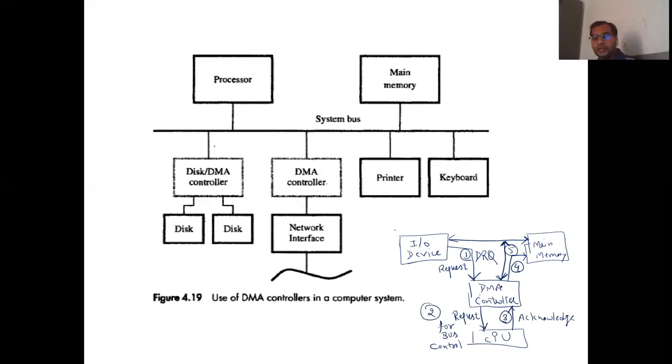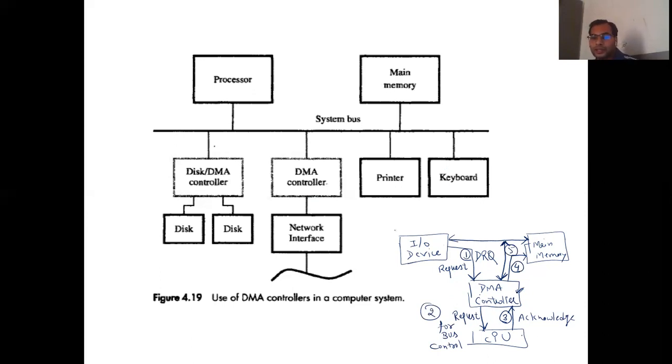Now, in this process, what are the requirements for the DMA? As soon as the data is transferred, the system bus needs to be given back to the CPU. Once you have transferred your data between the IO device and main memory, either to or from the main memory, the system bus should be given back to the CPU, so that whenever another DMA request comes, the process can be done again. That thing also will be required, meaning we have to give the control back to the CPU.